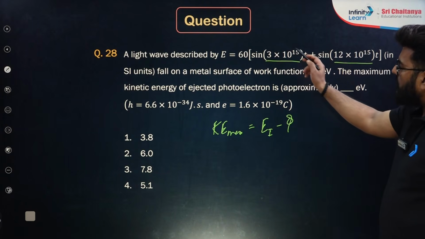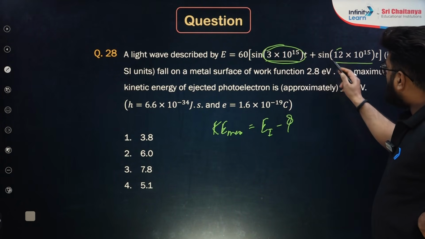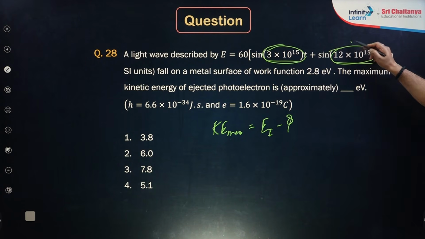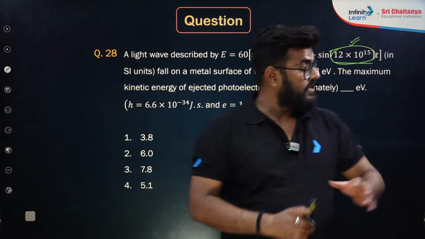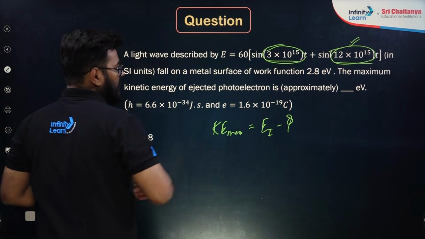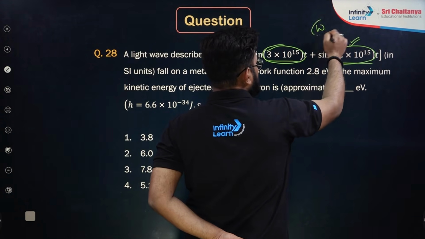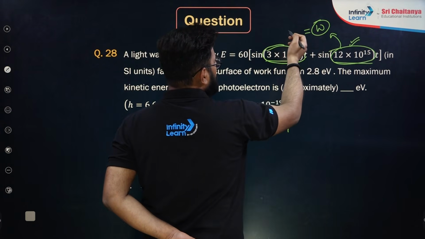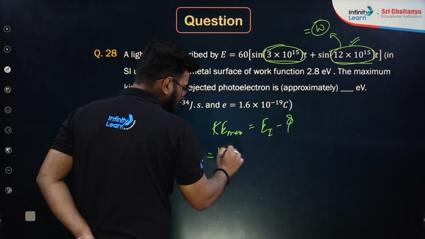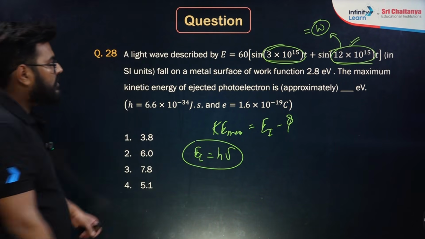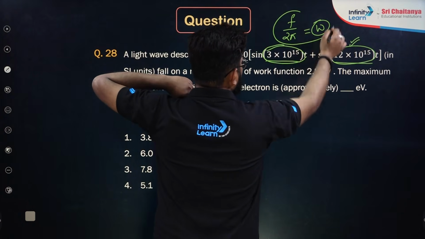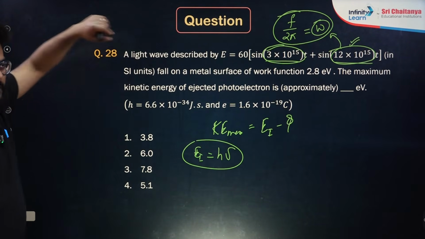So as you can see, there are two frequencies which are given, right? So which frequency are you going to pick? Obviously this one, the higher one, since they are going to be light waves having this frequency as well. So obviously you are going to consider this frequency and keep it over here. This is basically the angular frequency given. From this you will have to find out the linear frequency, and that you will have to place. The energy incident will be equal to h into the linear frequency, which is f, right? So omega will be equal to f upon 2 pi, right? So through that you will have to find out the value of linear frequency. I hope you can understand.